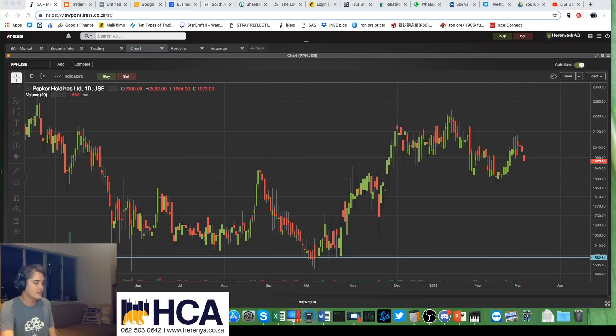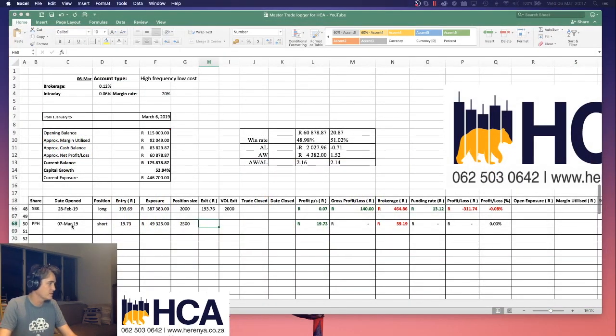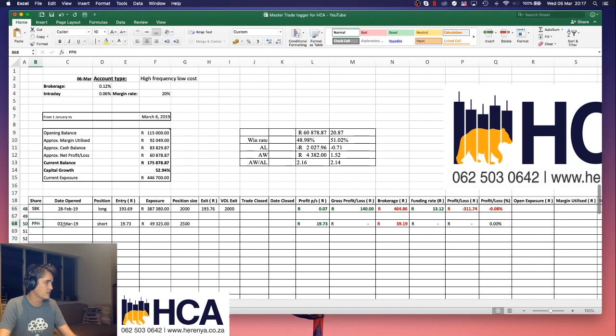Let's say we take this trade. It shows us here we take 50,000 Rand exposure on 2,500 shares, and we get out at the bottom. Right, so we enter into our short position here. We put in the stock, the date, short position, entry price. It works out our exposure for us, because we put in the number of shares we want to trade. Then if we cover this trade at 1562, for example, and we buy all 2,500 back, and we say yes, the trade is closed,